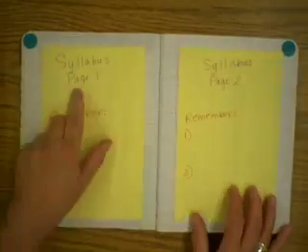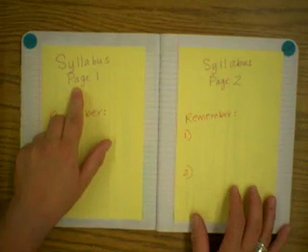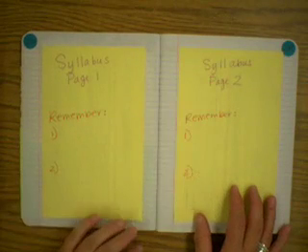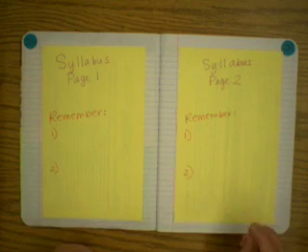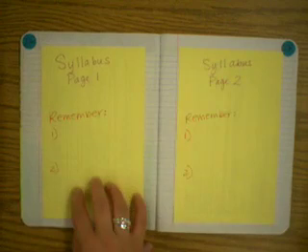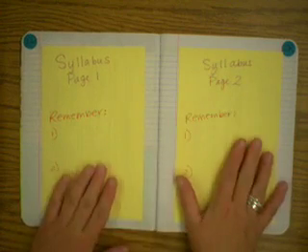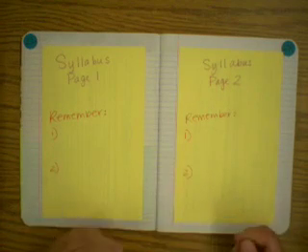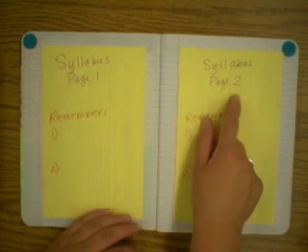Then you were to fold both pages, and we went over this in class exactly how to do this. Title the first one syllabus page 1 and the second one syllabus page 2. Throughout the year, as you're going through your notebook, you will find that some pages you will have to fold, because we might have another reflection type activity on the outside of the page. And in order to go back and find things quickly, you need to label the pages